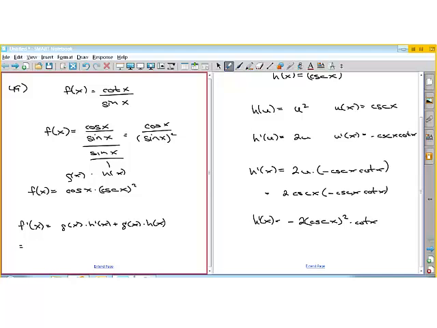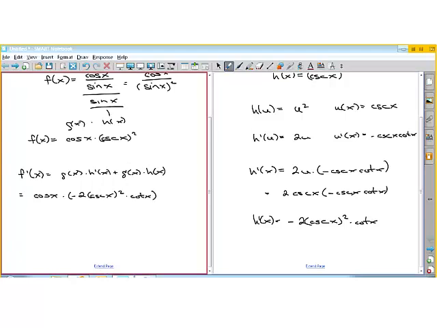So we're going to call g of x cosine. So you have the cosine of x times h prime of x, which is negative 2 cosecant of x squared times the cotangent of x. So that's the first part. This times the derivative of that. And then we have plus